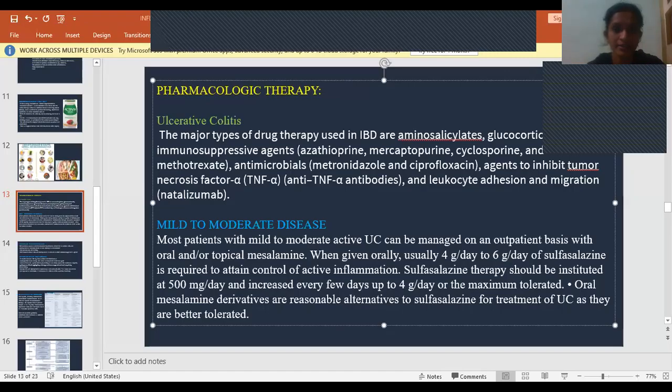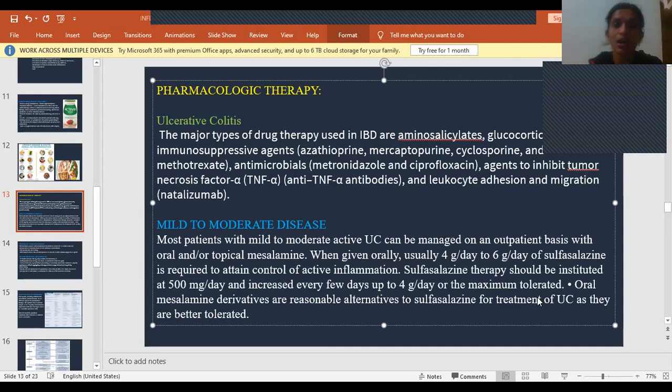So in the last class, we discussed the different types of inflammatory bowel disease, the causes of IBD, the pathogenesis of ulcerative colitis and Crohn's disease, the clinical findings of IBD, and the diagnostic methods we use to diagnose inflammatory bowel disease. We also discussed the non-pharmacological treatment of inflammatory bowel disease. So today in this class we are going to discuss the pharmacological treatment of both ulcerative colitis and Crohn's disease.